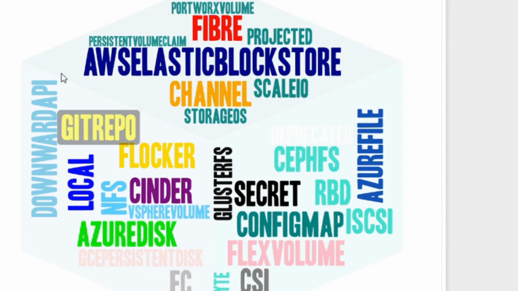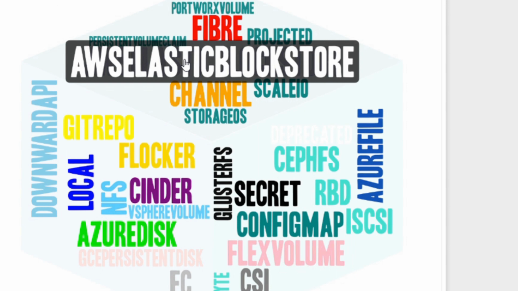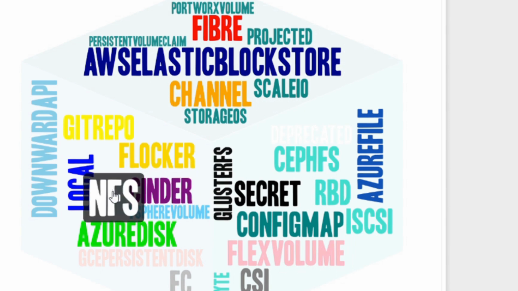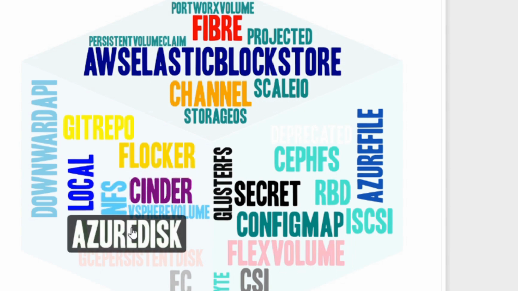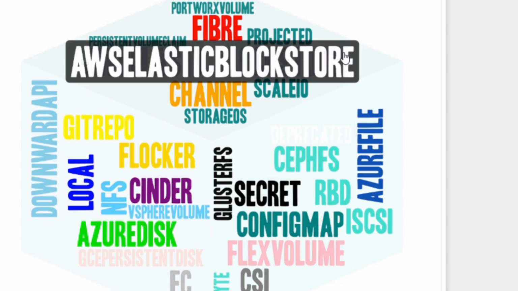There are other sophisticated volume types like AWS Elastic Block Store, used to provision an EBS volume in AWS, and NFS, to mount your existing NFS share to the pod. That way you can preload data and also share it across pods. We can see a demo of those in our advanced series. Hope you got a basic idea of volumes in Kubernetes.